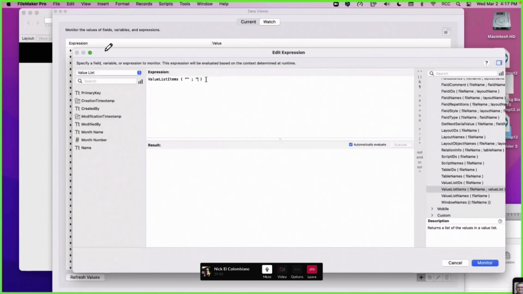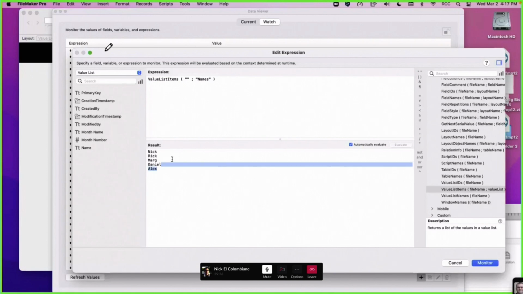And then remember, I just created a value list named names. So now you know that I have Nick, Rick, Marge, Daniel, and Alex in my value list.